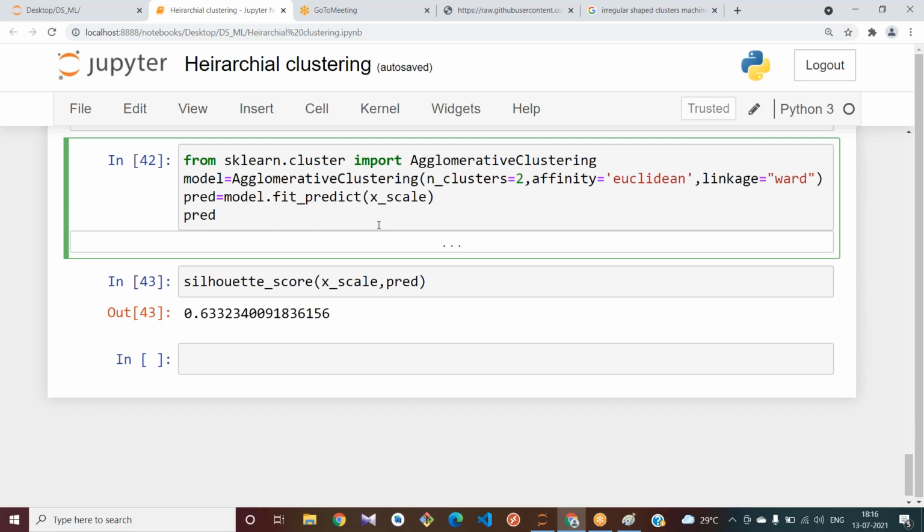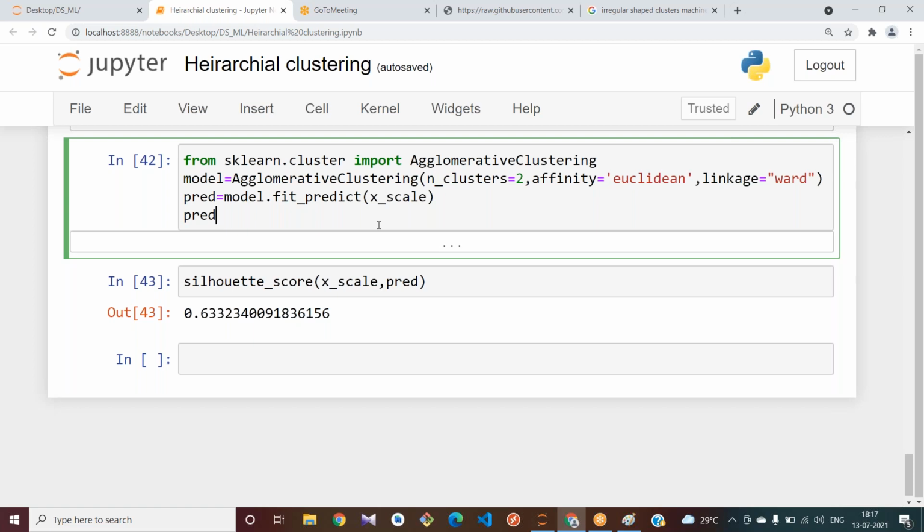We haven't done scaling for some algorithms, but I don't remember for which algorithm I used it. Generally, in clustering, scaling gives more accuracy compared to supervised classification or regression. For clustering it gives the best results if you do scaling, since it doesn't have any labeled output, no labeled column, right? So it is better to give proper data for training.